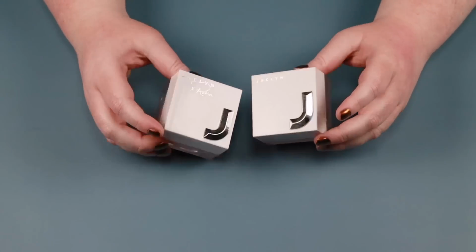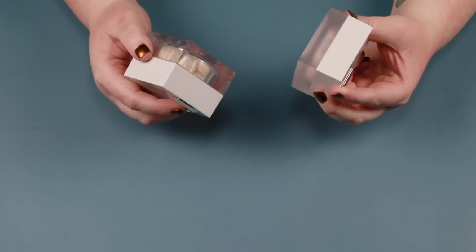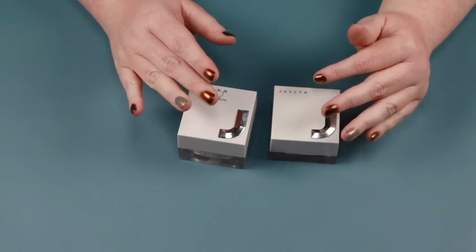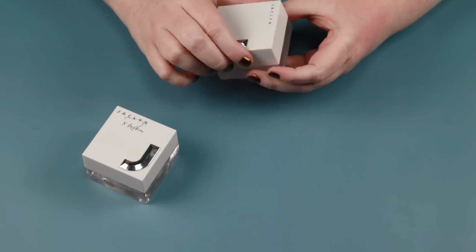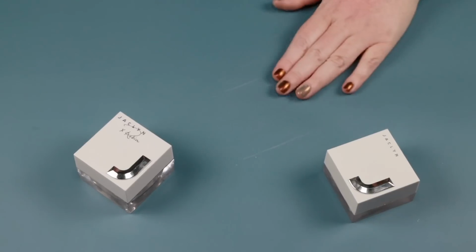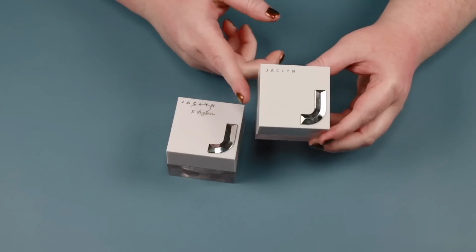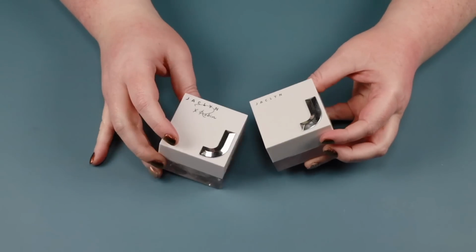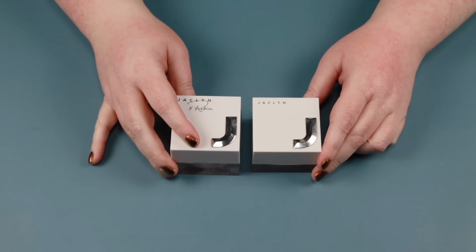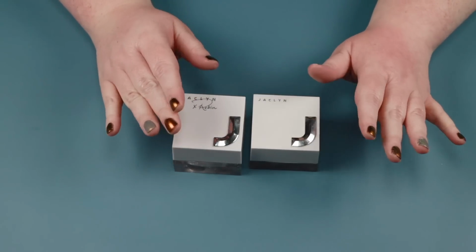Wacky Jackie. What the fuck? It's sad because I actually like this powder. They're not bad, but it's Wacky Jackie, all right? This is the brightening pink under eye powder. Oh, come on, Wacky Jackie. I deserve that. This is actually the second one that I picked up because it is a really nice powder, but I don't really use it. And I think if I'm going to have any Jaclyn Cosmetics product, I'm going to double down